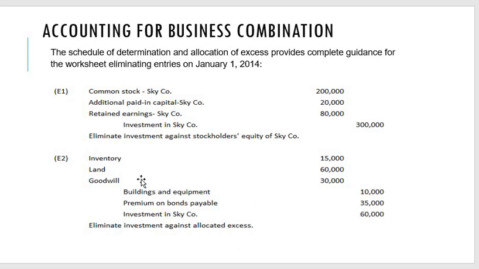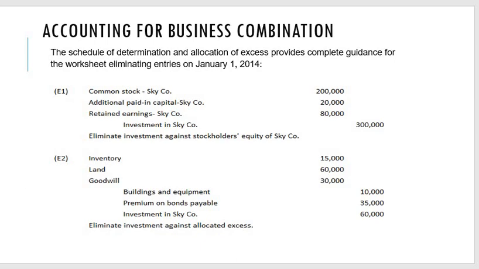So we recognize the undervaluation of inventory, undervaluation of land, overvaluation of buildings and equipment, and undervaluation of premium on bonds payable. Therefore, our goodwill is 35,000, but since the subsidiary has already has goodwill of 5,000, we'll recognize only 30,000 in our